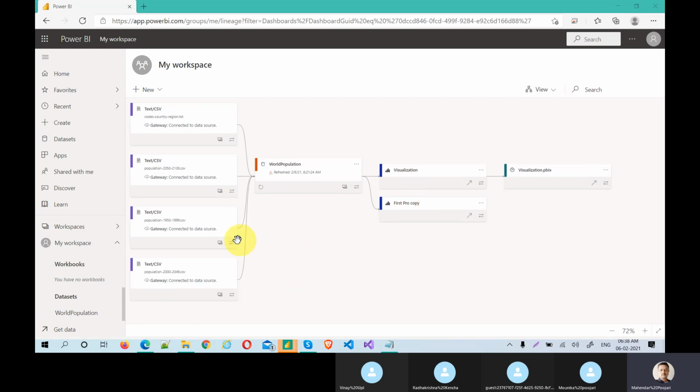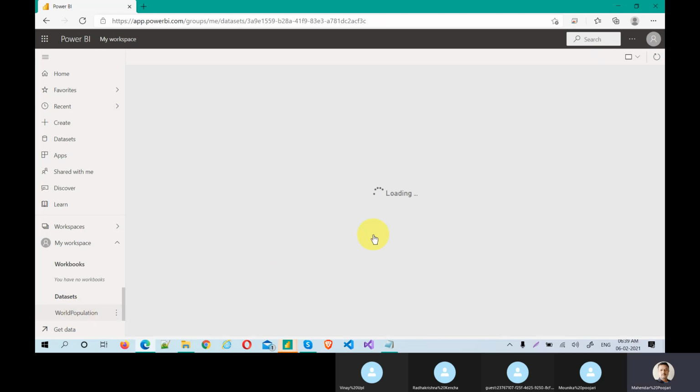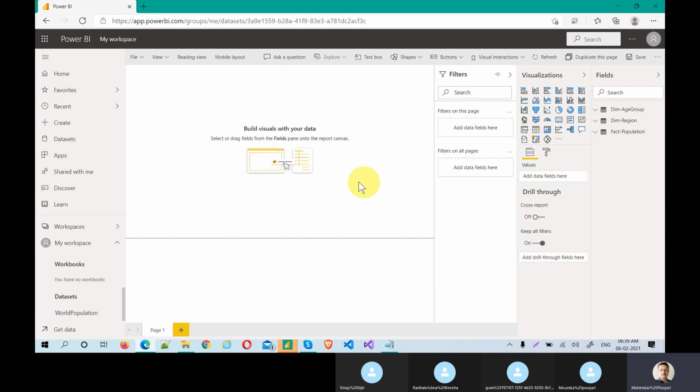Yes, you can do that. Let me show you. If you click on that dataset, I can create one more report. Create, population. An end user can create one more report of his own. Now see, it's almost the same, it looks like your Power BI desktop. But what is the difference? Now the question comes: what is the difference between Power BI desktop and Power BI service? If you see, it's almost the same thing, but there is a difference.